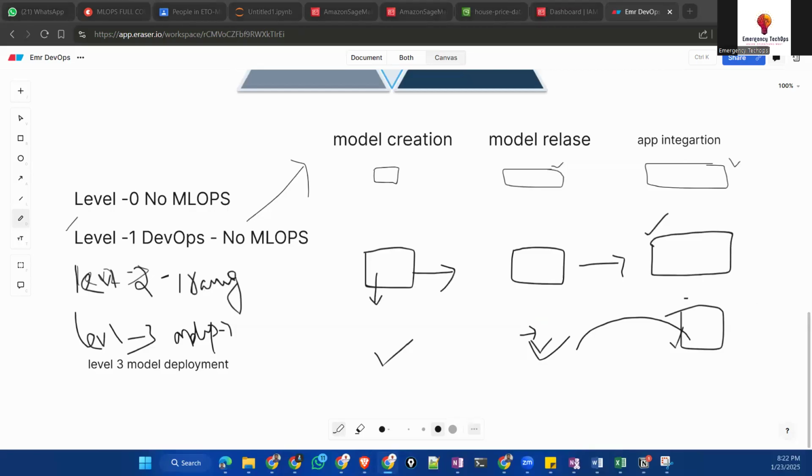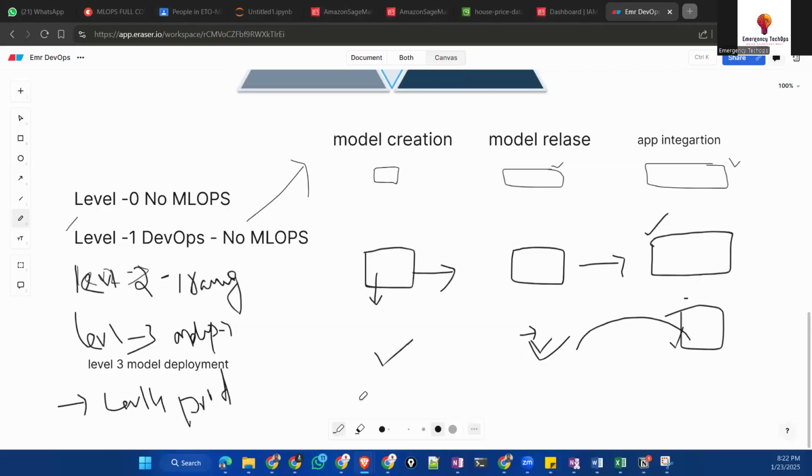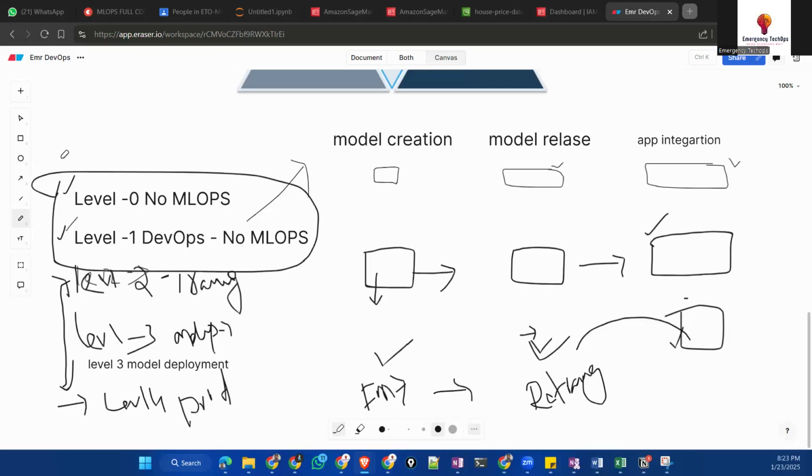And level 4 is the production one, which is fully operational, with full MLOps automation and retraining. So this is where full MLOps is involved, from your level 2 to level 3. Level 0 and level 1 are completely the job of data science, business analysts and data engineering guys.